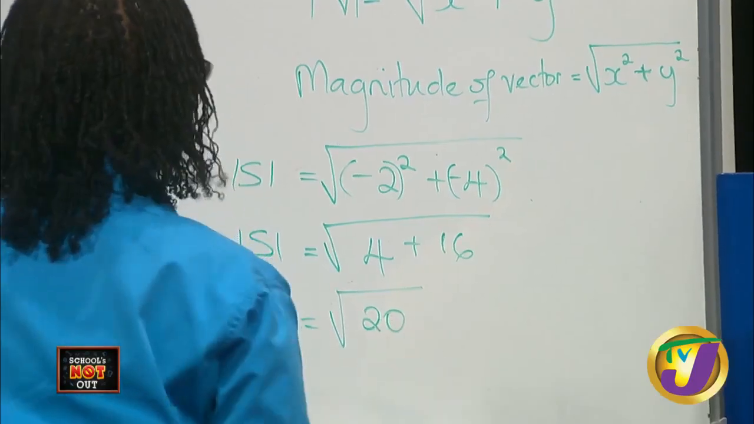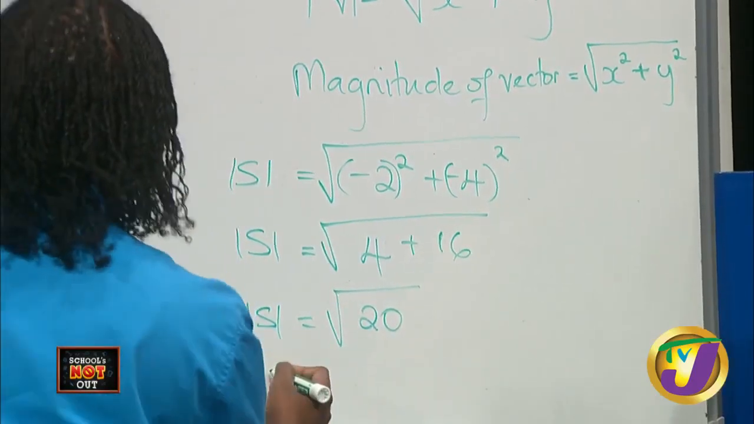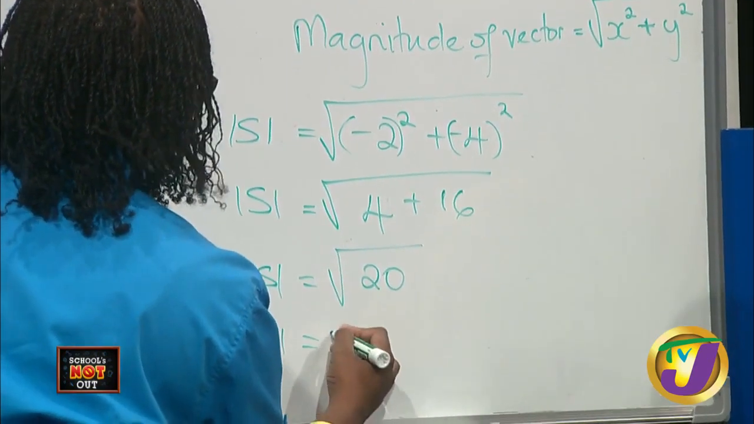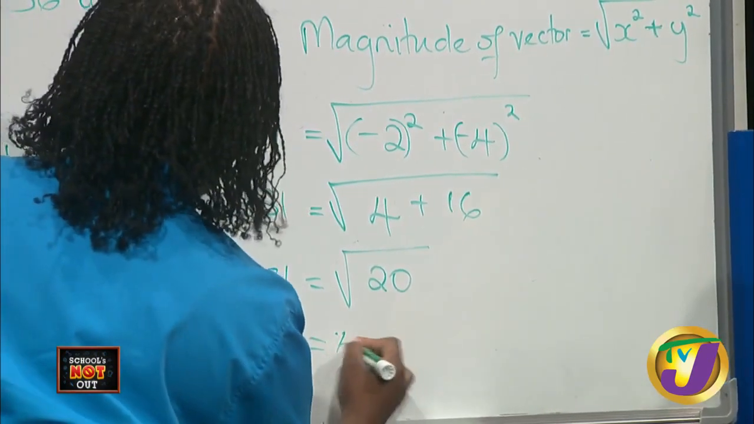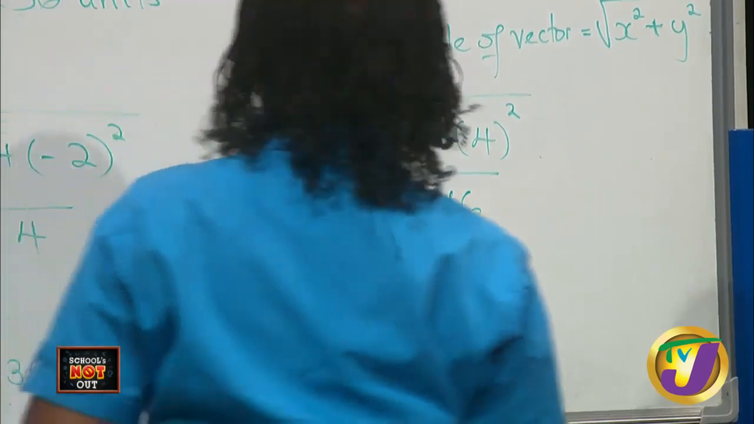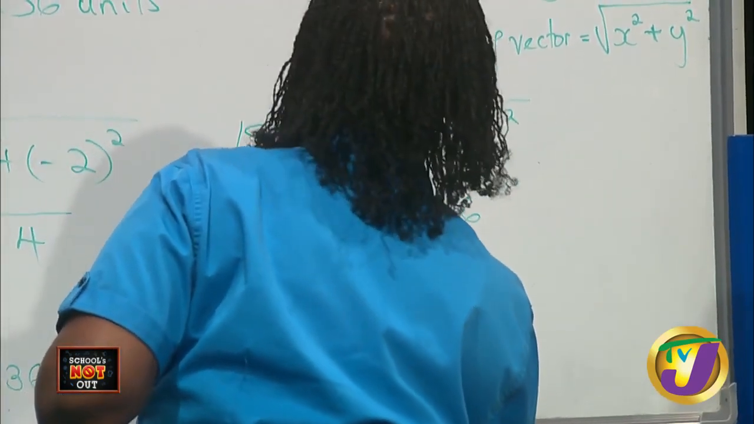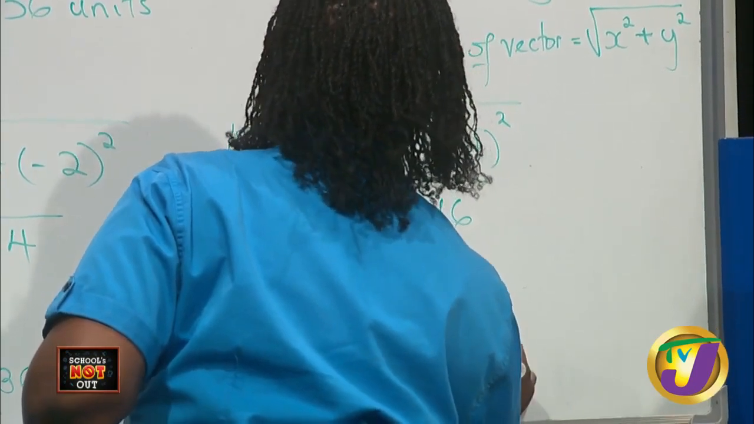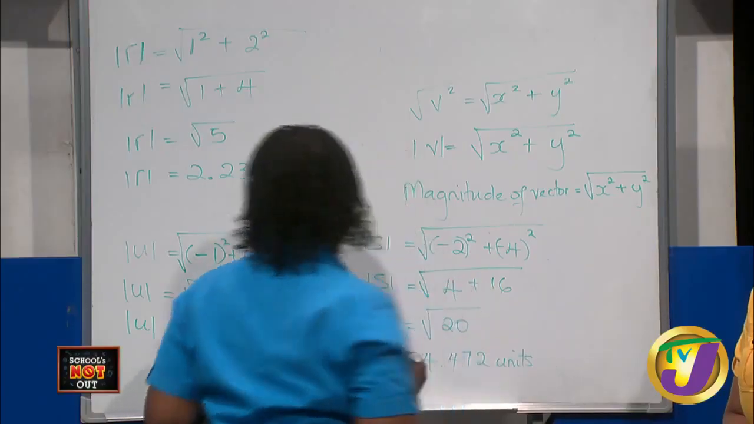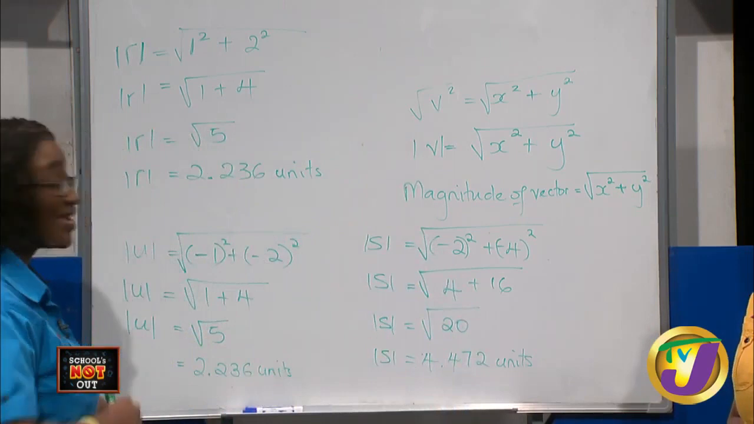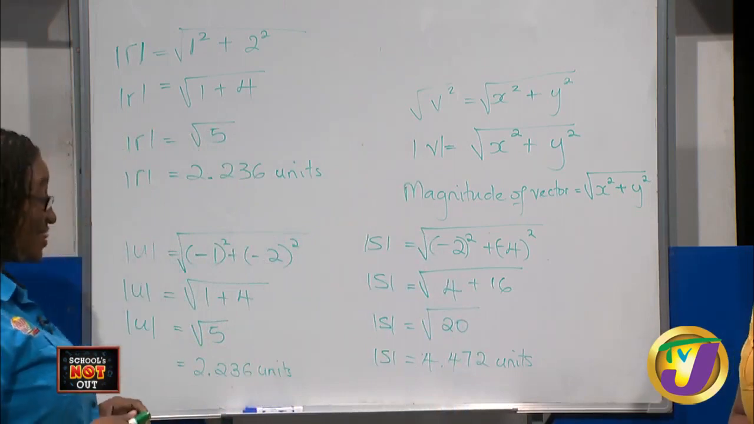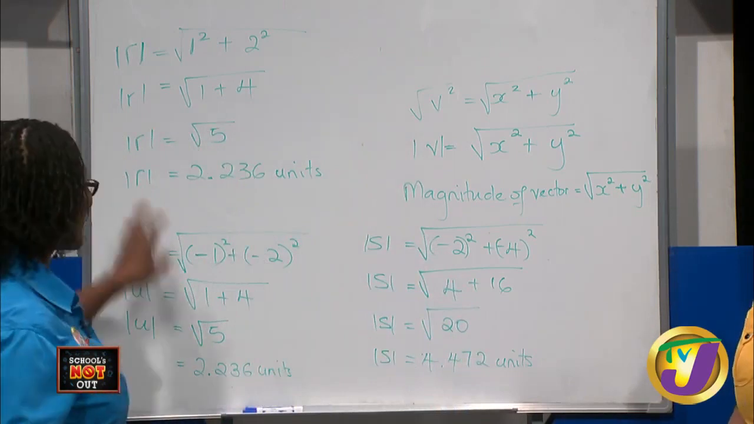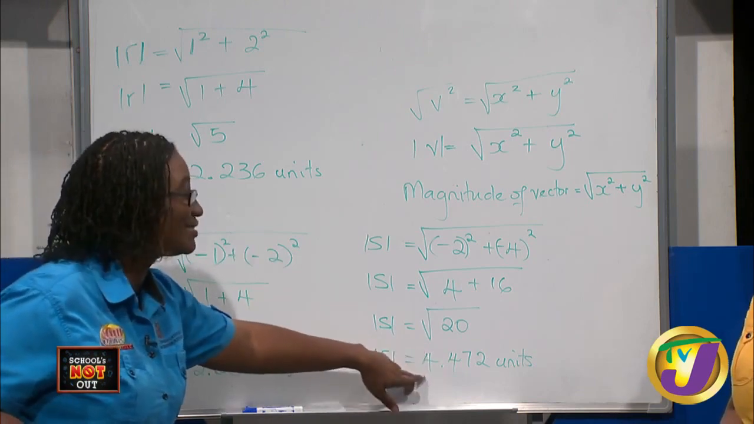So that's the square root of 20. I'm so happy I worked this out earlier. And so I am seeing here that this would actually be 4.472 units. All right. So I'm 100% sure that I'm right when I say that vector S is twice the length